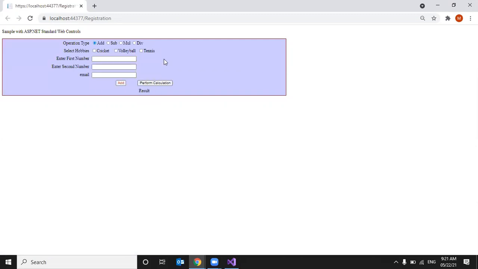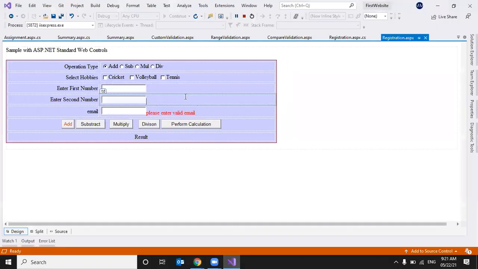Yes, sir. Now I have one text box with no validation available on the first number, and the second number also has no validation because I deleted the required field validation. Then I have only a regular expression validator on email. So what is our expectation now? It should validate against this control data.